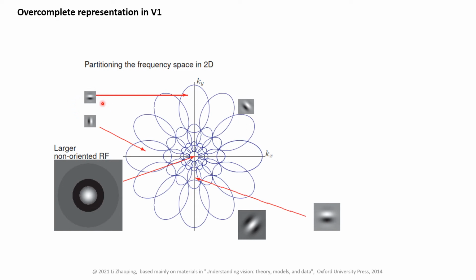Each filter type involves many neurons whose receptive fields tile the whole visual space. Therefore, the smaller a filter is, the more neurons will be involved. For instance, compare this filter to that filter. They have the same shape, but this one's bigger, so fewer neurons are needed for this filter type than that